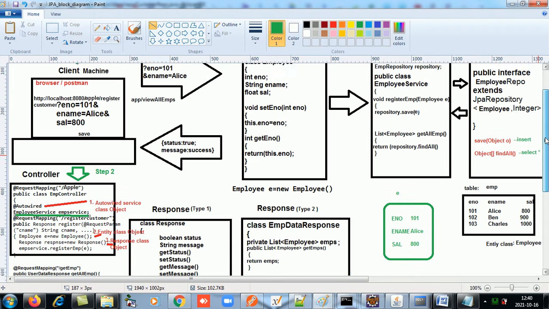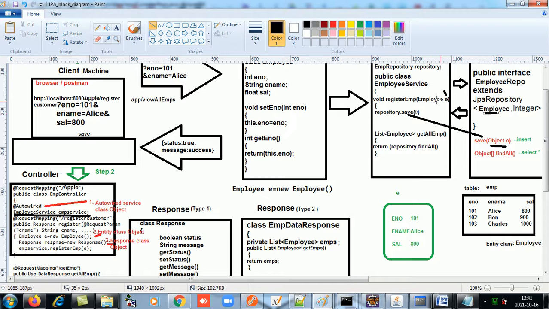Now in the service class, we will have a method called register employee, and this register employee function will then call the save function in the JPA repository, which will take an argument as an object. So I need to pass an object to it. So register employee will accept, what is the entity which we have mentioned in the repository?